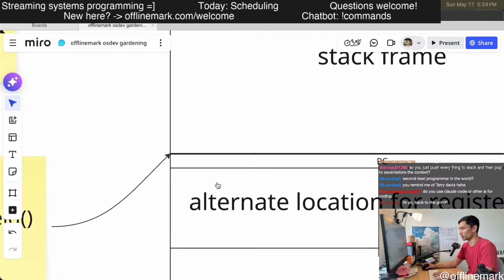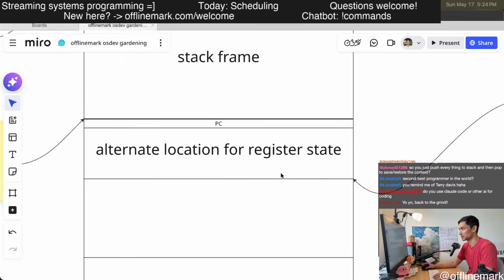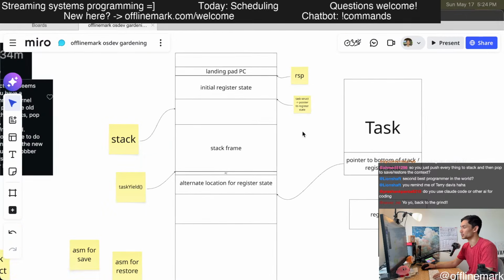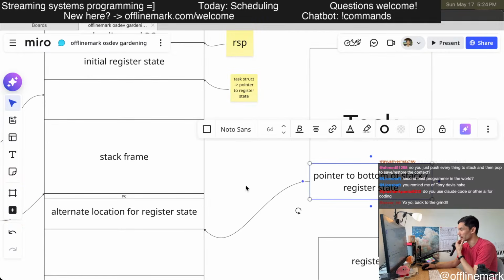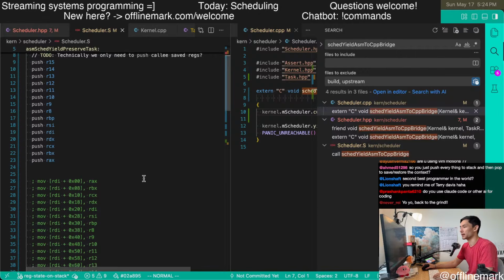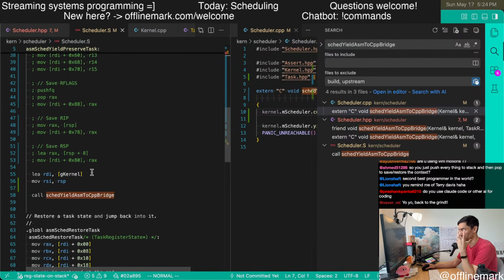We're pushing all registers and crafting our state struct. Then we want to make sure that the task has this pointer and it gets appropriately set. And rather than trying to do that from C++ or from assembly, it's much easier just to take that stack pointer value and pass it back into C++ where it can set it in the object.